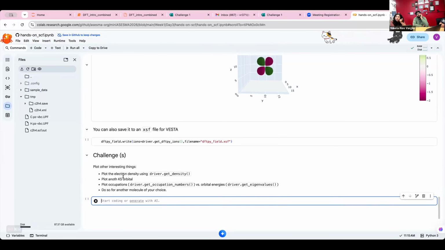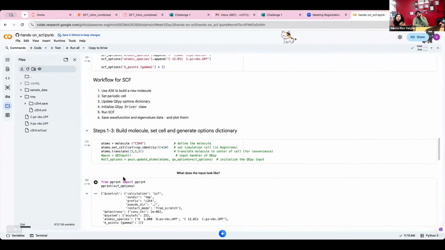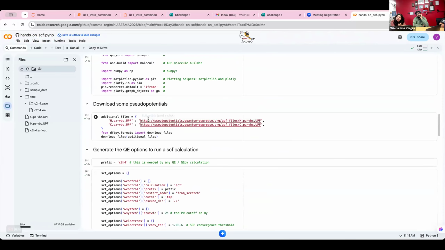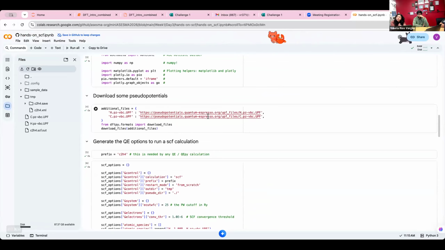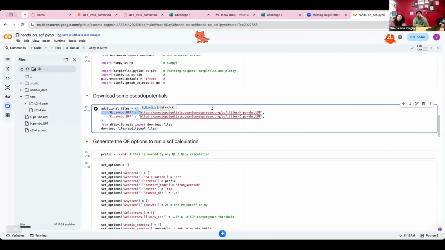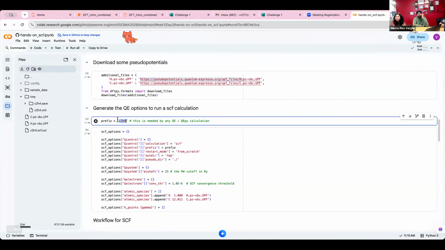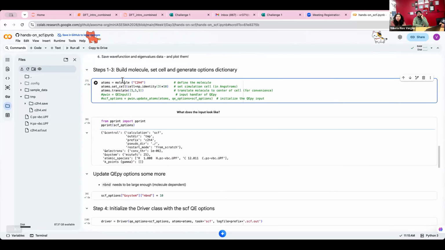So you need to build another molecule with ASE. You need to get your pseudopotentials with ASE. These pseudopotentials, you can get them from Quantum Espresso. Okay, so just literally Google Quantum Espresso pseudopotentials table, and you're going to find a clickable table to download all these files, or to get the link like in here, and you just copy and paste the link and you're going to download this pseudopotential. Okay, you're going to change your prefix, you're going to change your molecule,